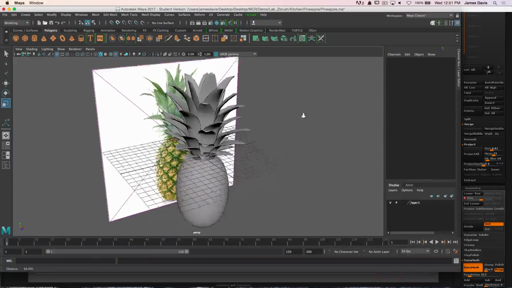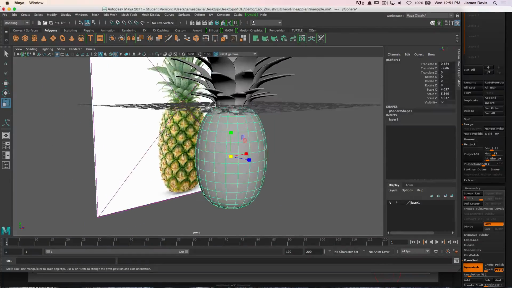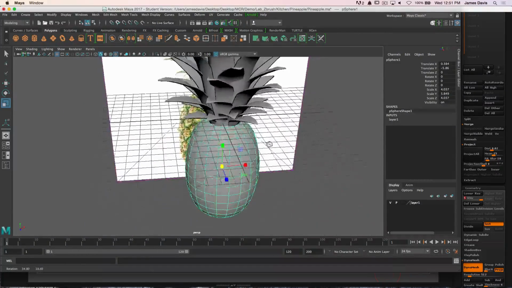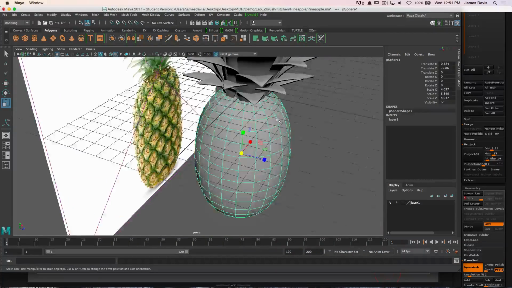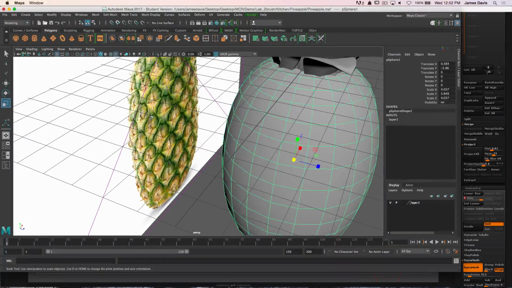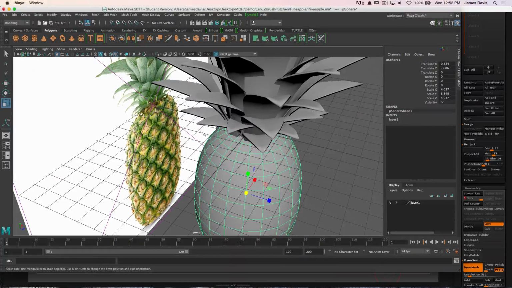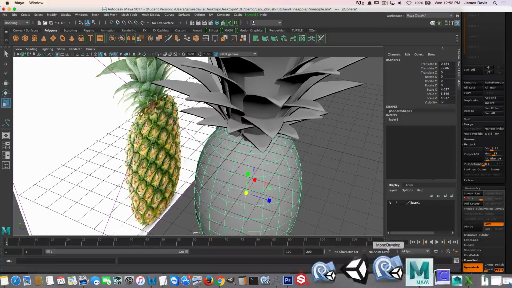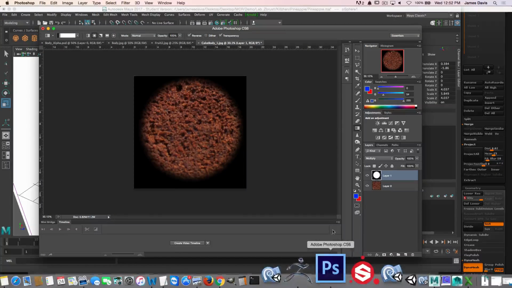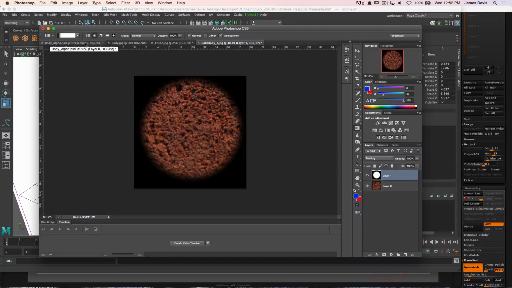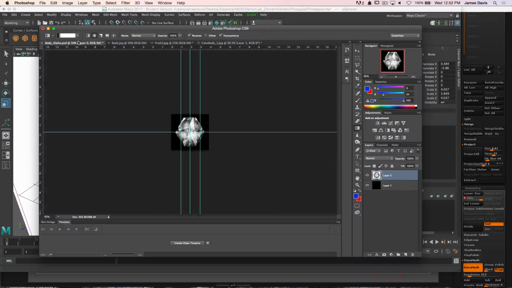Okay, next, I'm going to go ahead and show you how to create the detail on the pineapple body itself. You don't have to go super detailed. I've seen some of you actually create edge flow like X patterns, diamonds, and stuff like that on your model. All that stuff can easily be done as textures inside of ZBrush. So do not worry about it. First thing we need to do is create that pattern inside of Photoshop. Just like we did for the cake, I would go ahead, sorry,